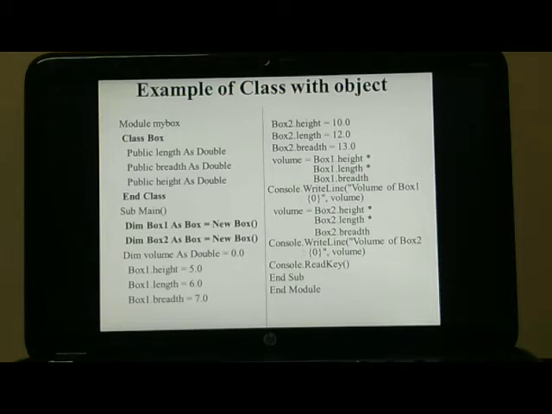Second is Dim box2 As Box = New Box. Over here the class name is Box, and by using box1 as object 1 and using New, the memory is allocated for the objects box1 and box2, and after that the volume is calculated.